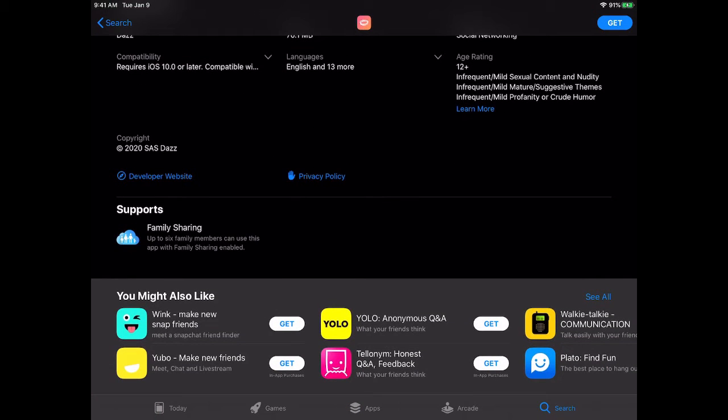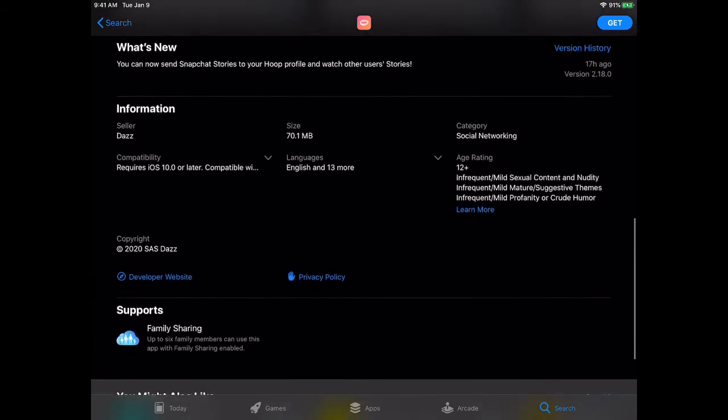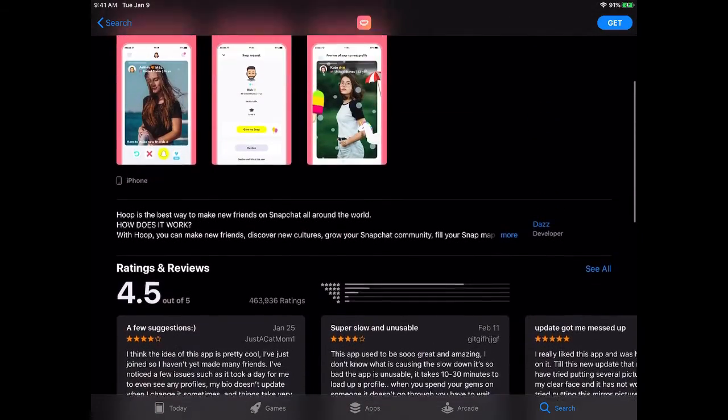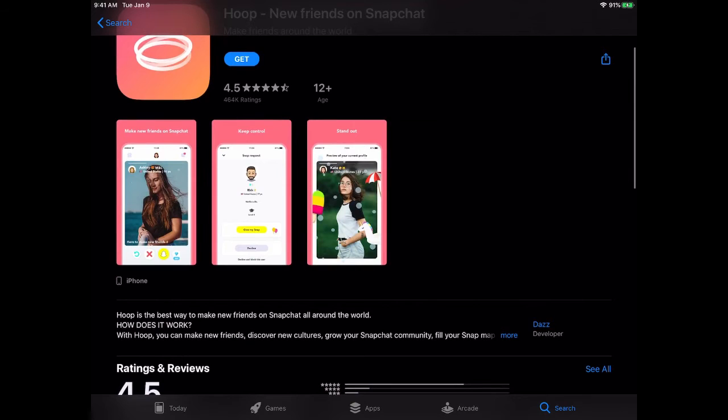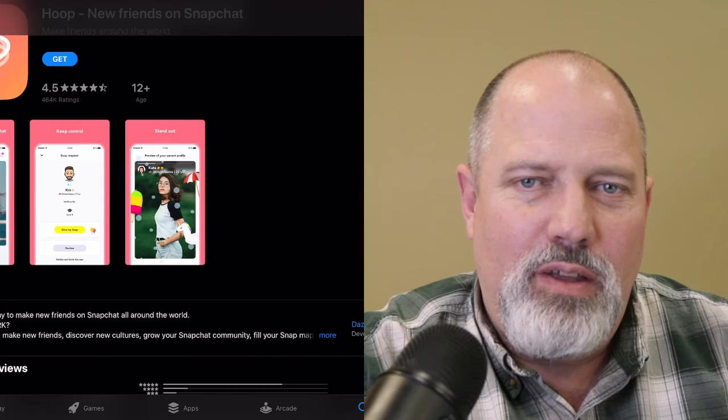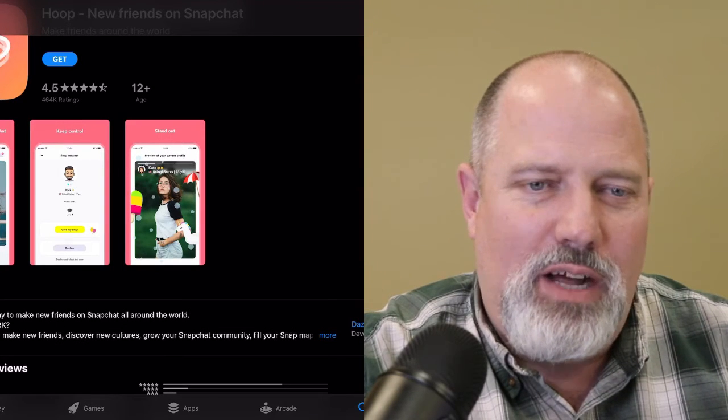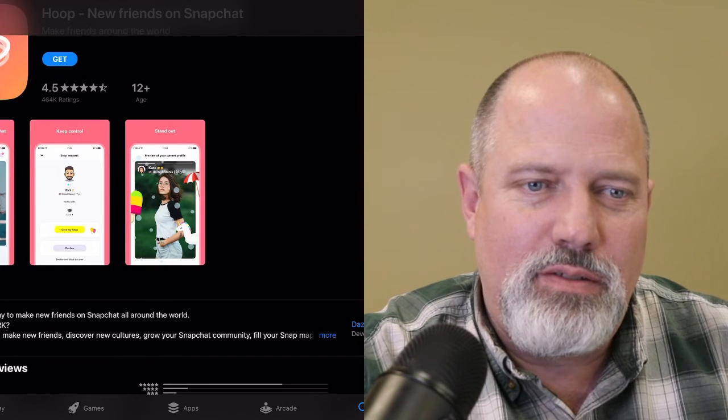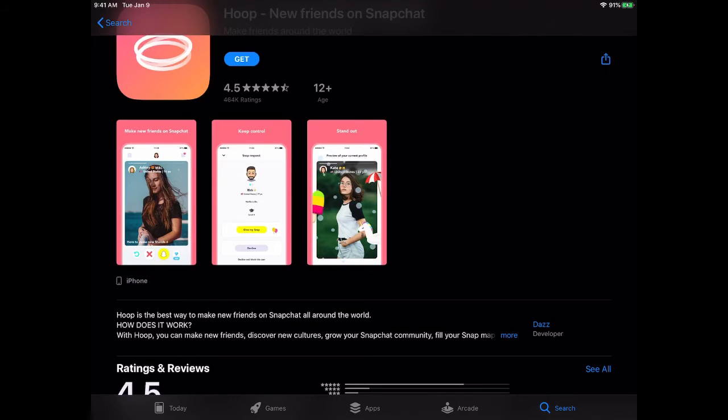Well, you can see there on the right side of the screen, the 12 plus age means mild sexual content and nudity, mild mature suggestive themes, mild profanity, and crude humor. So what does that really mean? How are you supposed to know exactly what this app does and the dangers of what your child is really seeing on there? So